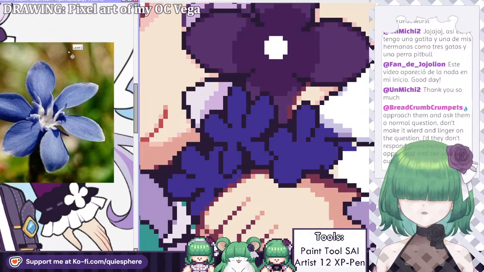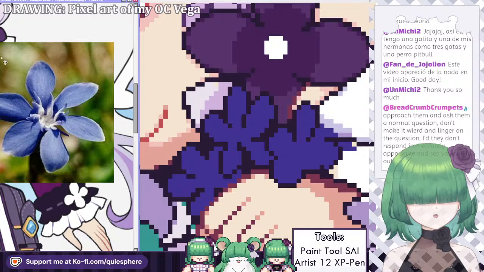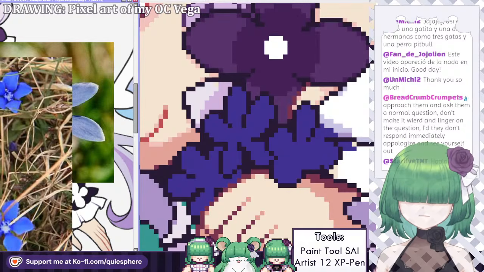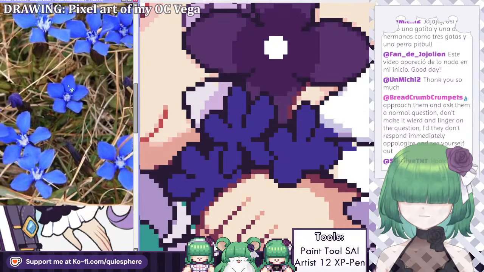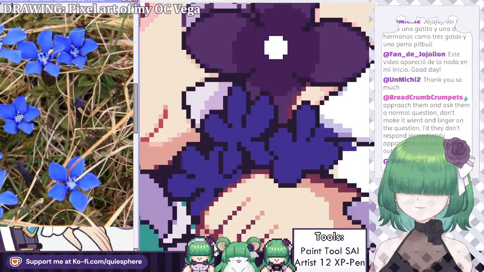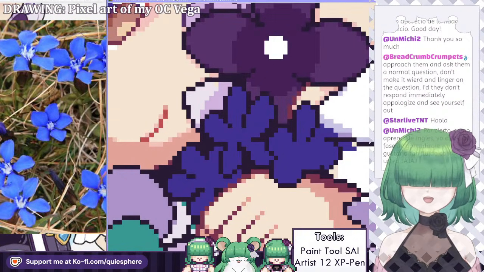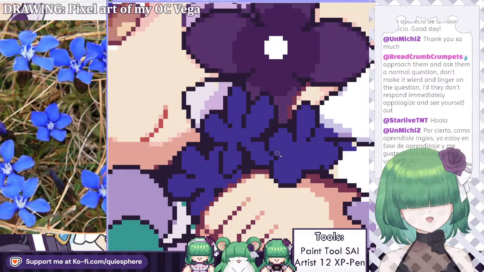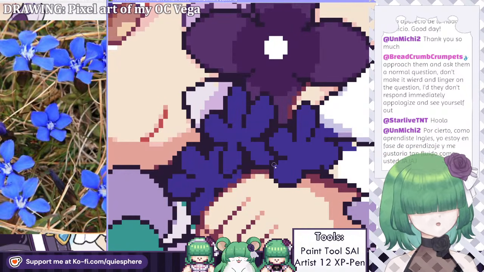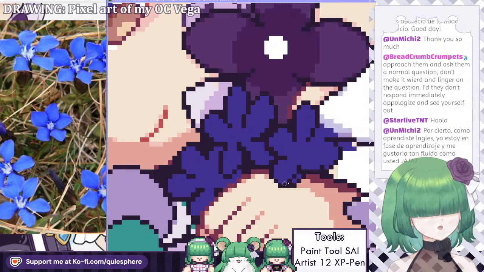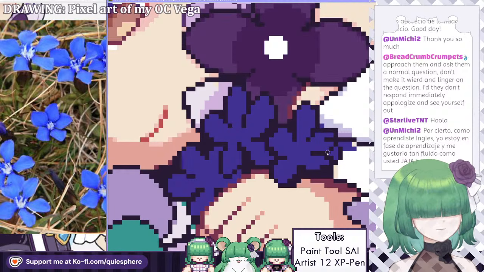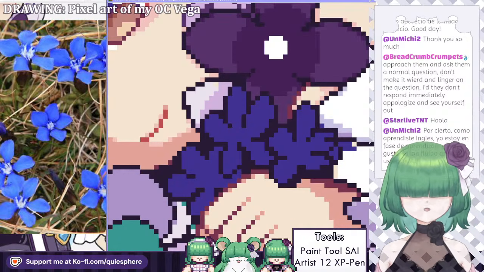Oh, look! Actually, there's some that do have 5 petals. Algunos sí tienen 5 pétalos. Yippee. Ya no tenemos que inventárnoslo. Ahora está basado en la realidad. Now it's inspired by reality. We don't have to invent it. No tenemos que justificarlo por motivos artísticos. We don't have to justify it with artistic reasons.